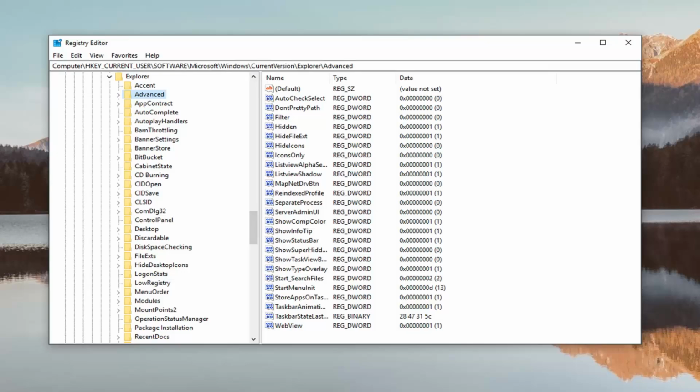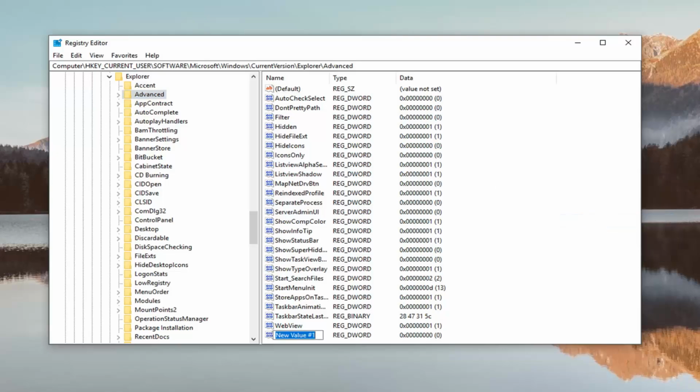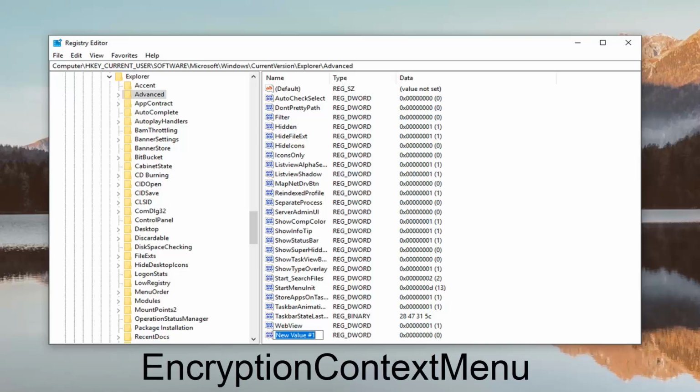And anyway, now that we're over here on the right side, you want to right click in a blank area, left click on new, and then left click on DWORD 32-bit value. You want to call this exactly as it is going to appear on my screen here. So you want to call this FileEncryption